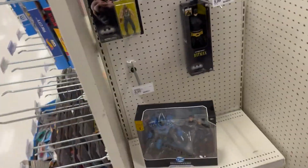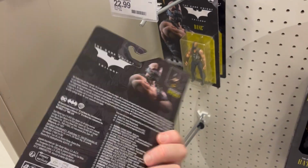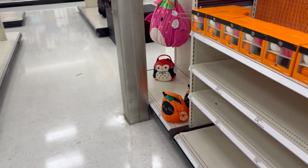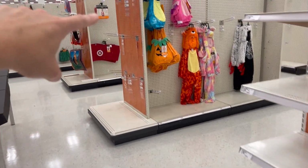But yeah, nothing really too different. I did find that Batman figure of this one. I know that one always goes quickly, the original Tim Burton's figure one. But you guys can see this one's starting to get the Halloween stuff set up. There's a lot of gaps in here, so some of the stuff is out